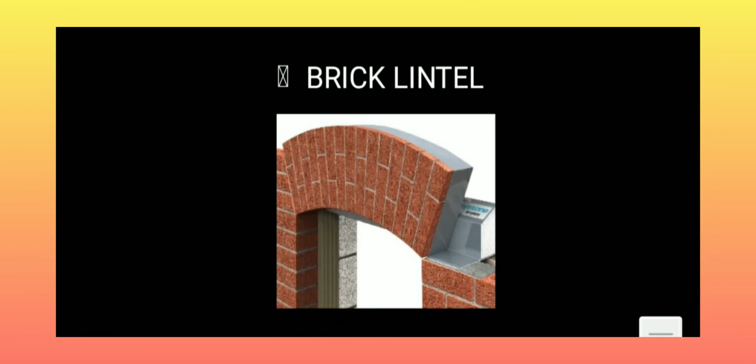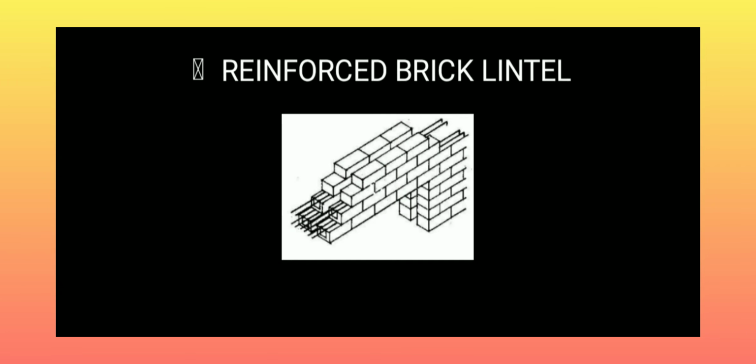The third one is brick lintel. It is used when the opening is less than 1 meter and less load is acting on it. Bricks with forks are more suitable than normal bricks because the forks, when filled with mortar, give more shear resistance at end joints. It is also called jogged brick lintel. And the fourth type is reinforced brick lintel. It is used when heavy loads are given and the span is greater than 1 meter. The depth of this type should be 10 cm or 15 cm or a multiple of 10 cm.